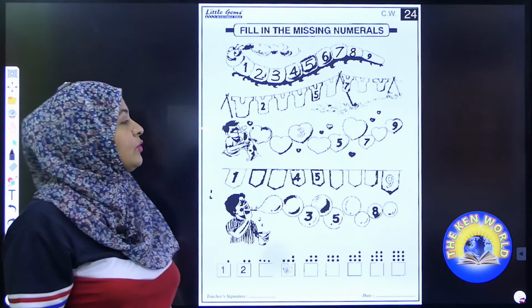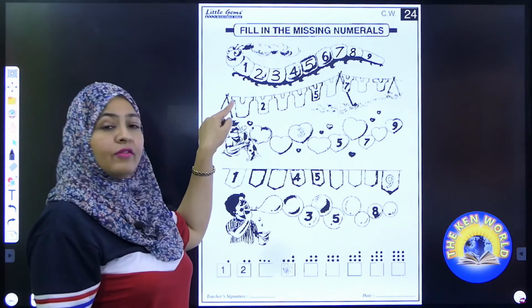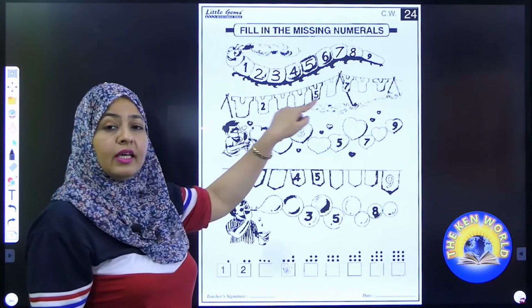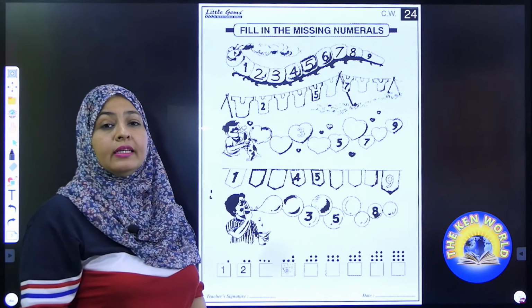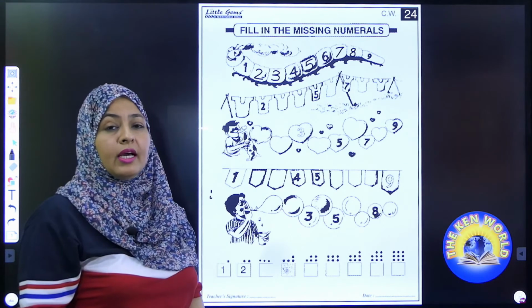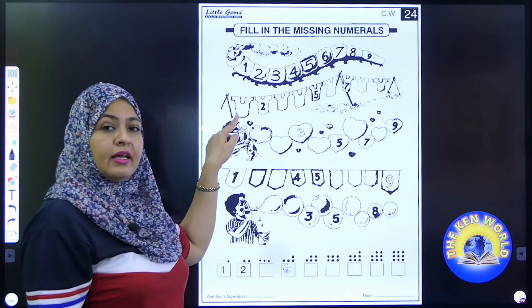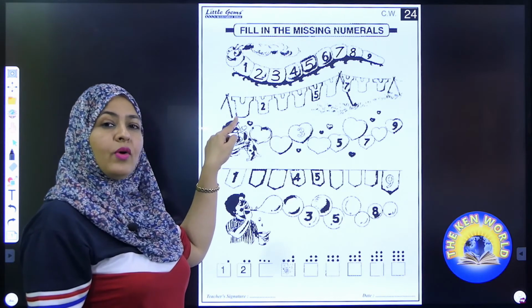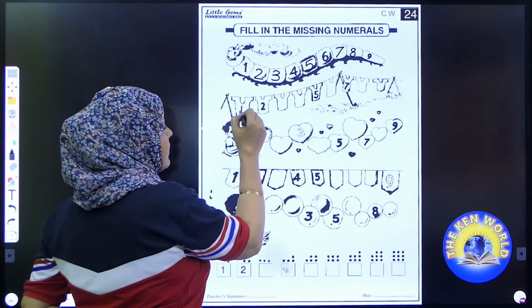Now we will move to the clothes which are hanging on string. So again we have to fill the counting from 1 to 9. So we will start with number 1. So write here number 1.